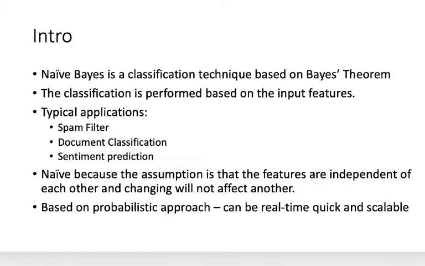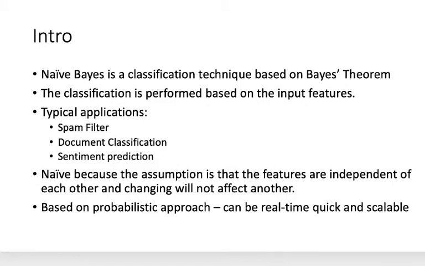So the naive bias, the introduction is the classification technique, and the classification is done based on the features supplied, and it's a supervised algorithm. And the typical applications include spam filters, document classifications. Believe me, a lot of document classification engines use naive bias because it performs well and it's very scalable and